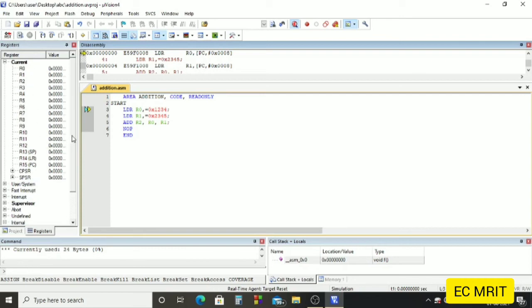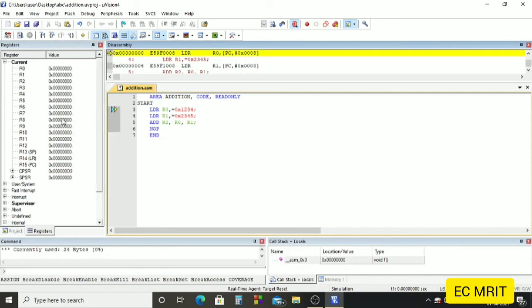All these registers are 32-bit. We'll drag this so that we can see the value in R0, R1, R2 and all the other registers. Here we can see our program in the top disassembly window. We have the hex code for that program, and we can see an arrow mark that represents the instruction we need to execute. If the arrow mark points to the next instruction, that is the second instruction, we are executing that one.